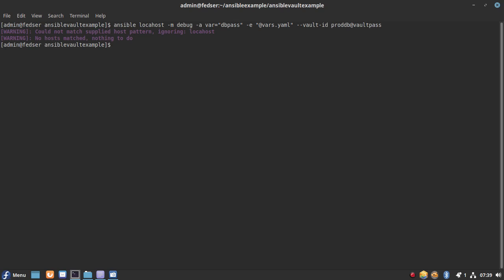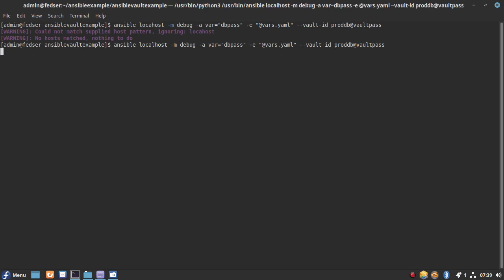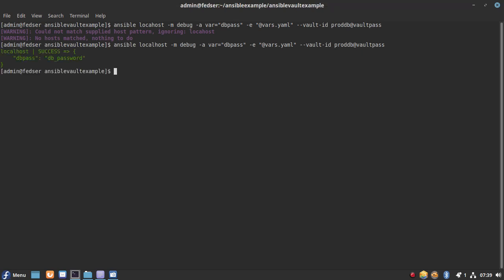I think I missed the letter L in localhost here. Okay, so you can see we have got the variable and the corresponding decrypted data. If you have seen my initial commands, we have encrypted the db_password string using encrypt_string, and we have stored it with the variable reference db pass.